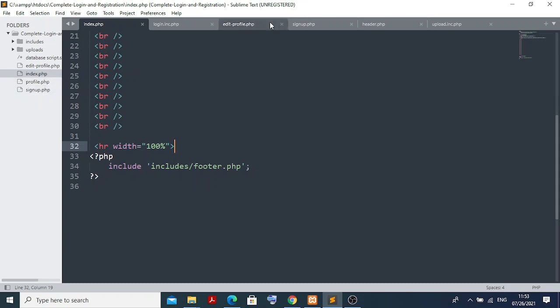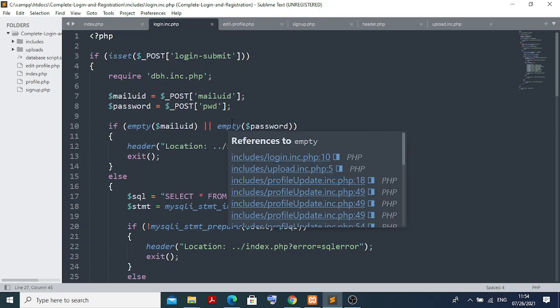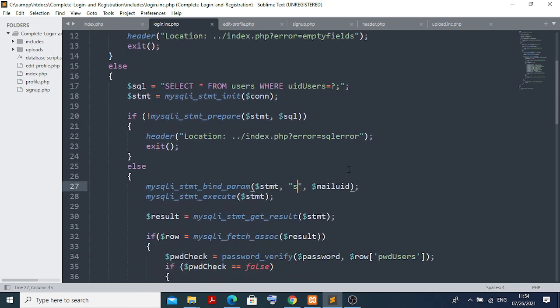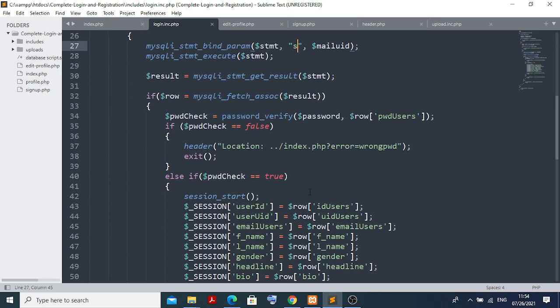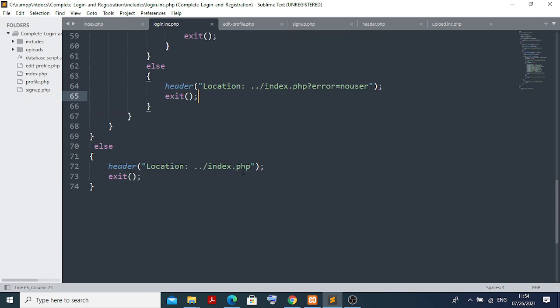If you see the login page, you can see it here. In the login page, again I created one PHP file. Here first you have to create all the things. I am using the method POST, and this is connected to the database connectivity. If the POST has the user ID and password, and both are empty, it will show some error. For any field that is empty, it will show some error. Else it will say everything is success and it is connected. Then these are the things provided here, and finally I am putting the index.php.